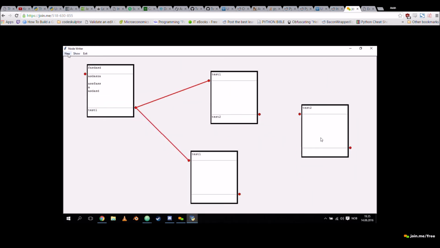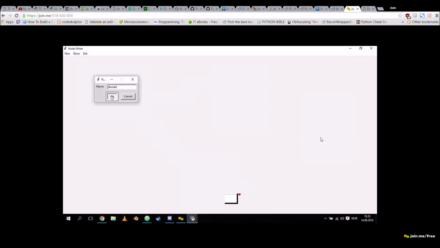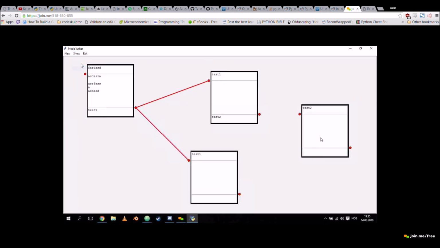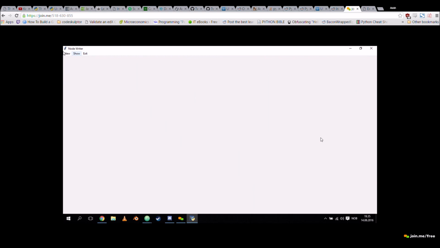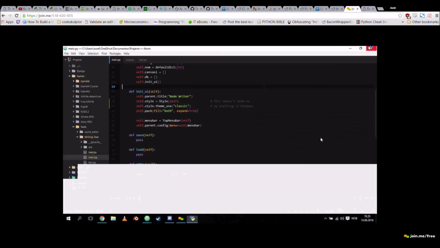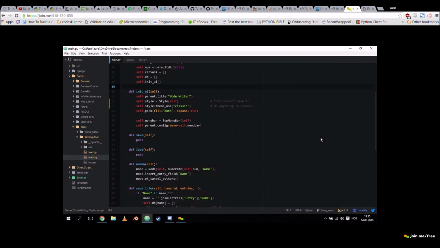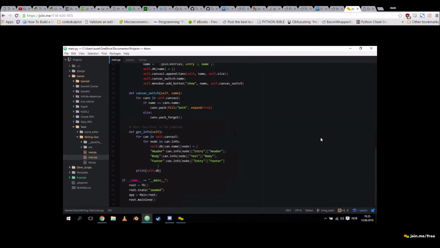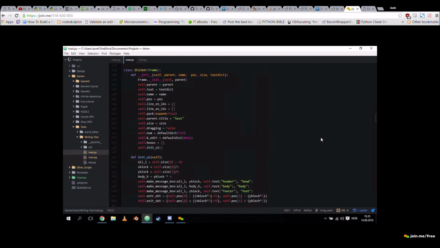And oh yeah, and last thing, I showed this before, but if I add another NPC, and I tend to call them Donald and Heidi for some reason, I get the line here, and then of course I'm on Donald. I can go back to Heidi, and I go back to Donald like that. So that's why I needed the top menu to be able to make buttons, because for every name I add here, I can add Roger. Obviously, it makes the button down there, and then I can switch between them. So it's not a finished product, but it gives you an idea of how to set up a bigger Tkinter application.